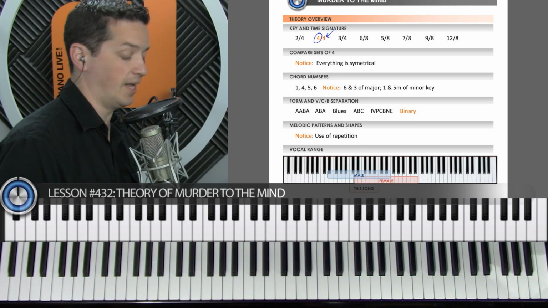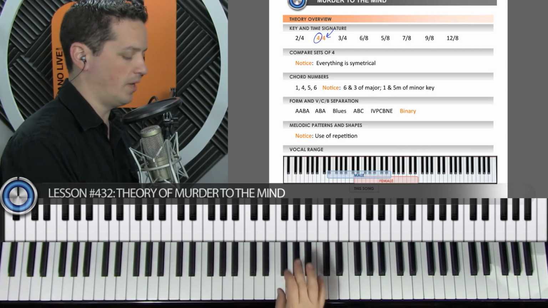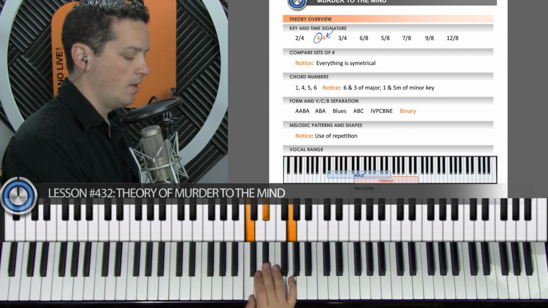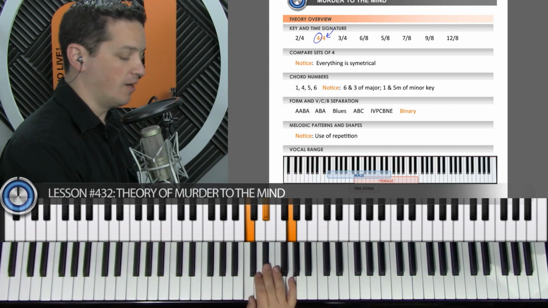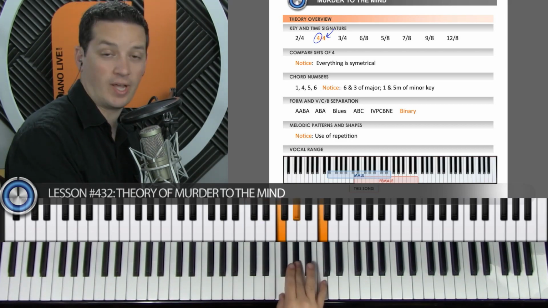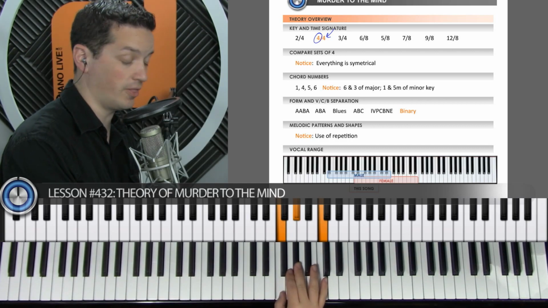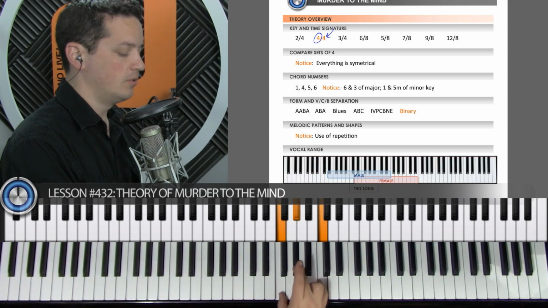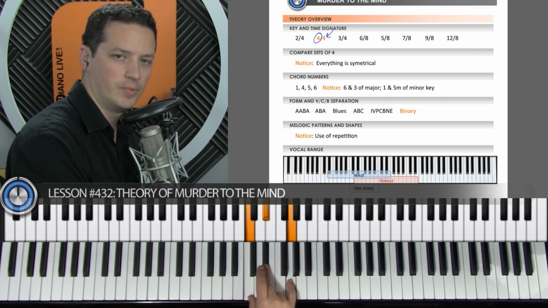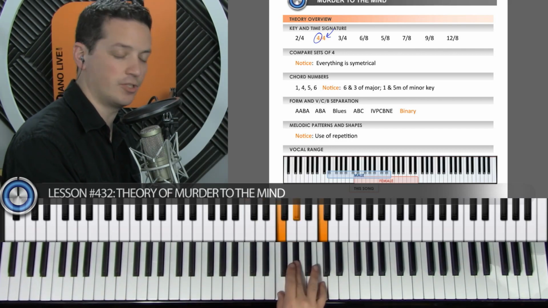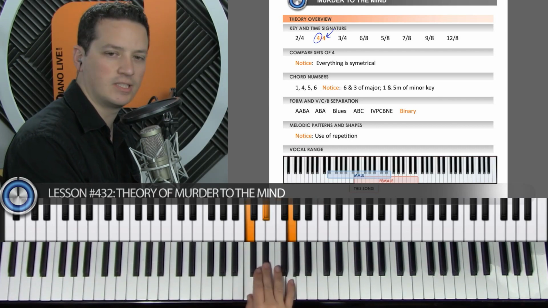Next, the chord numbers. Now, this is kind of weird here. We got an F minor and a C minor. Those chords do show up in the key of A flat. You would have a C minor, that would be your 3 chord, and you'd also have an F minor, that would be your 6 chord. So if you want to think of this as the key of A flat, but going from the 6 chord to the 3 chord, you could do that. But if you want to think of it in the key of E flat, you could also do that, because that'd be going from the 2 chord to the 6 chord.